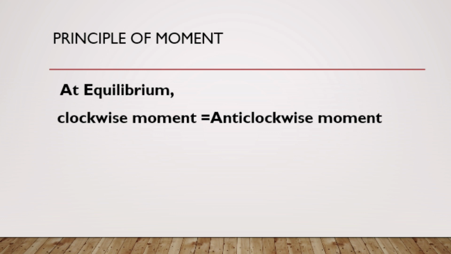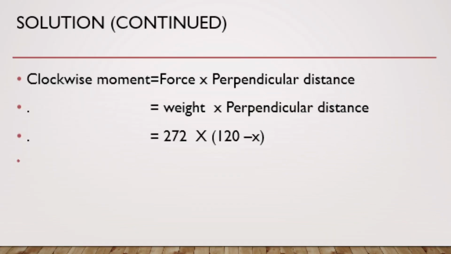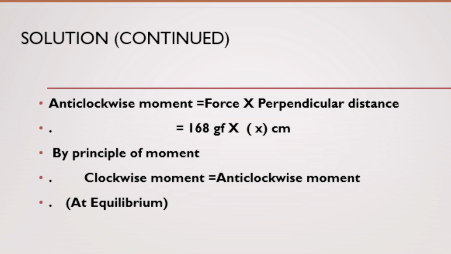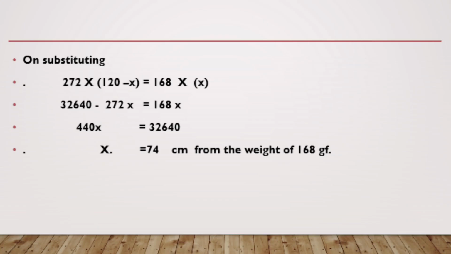Clockwise moment, here it is 272 into the distance between the fulcrum and the weight, which we are considering as 120 minus x. Anti-clockwise moment, we can take 168 as the weight, and the distance from the weight to the fulcrum we are taking as x. So that means 168x is the anti-clockwise moment. So finally when we solve it, we come across x equal to 74 centimeter from the weight of